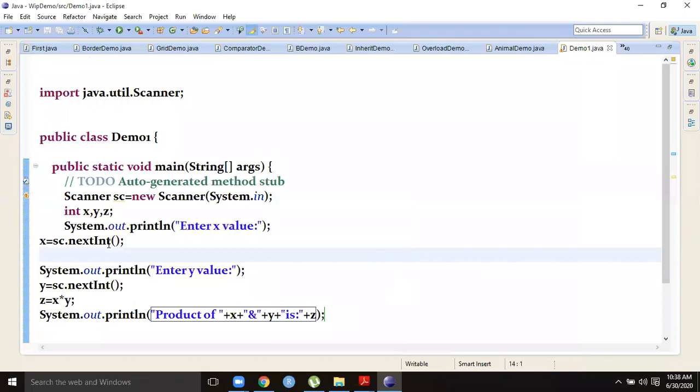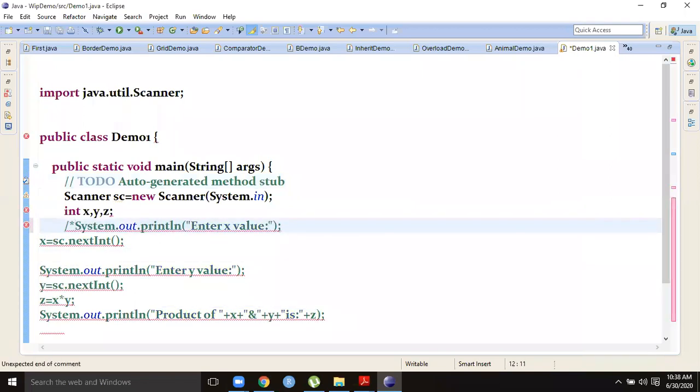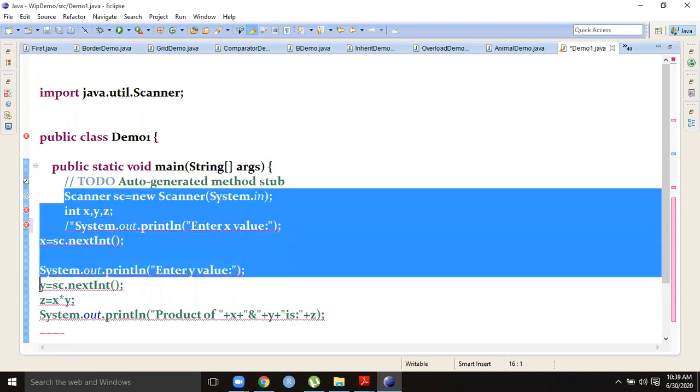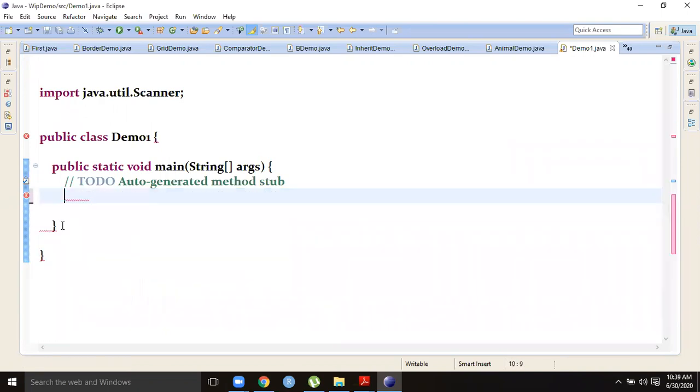Someone may ask, sir, how to run if the inputs are not asked like this, but given in the command line prompt as command line arguments. I think everybody knows command line arguments. For command line arguments, the Scanner class is also not required.